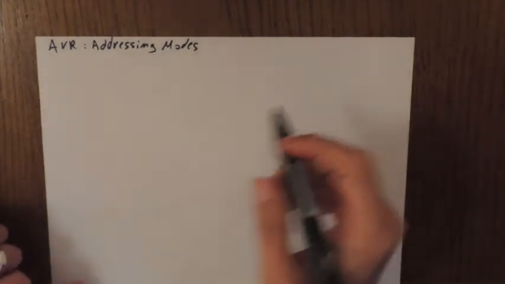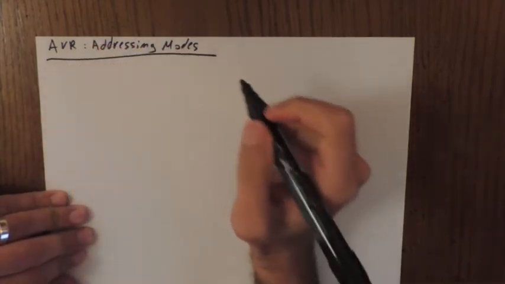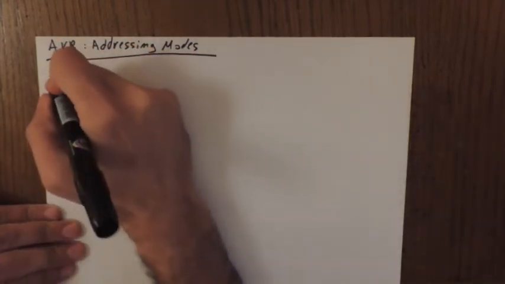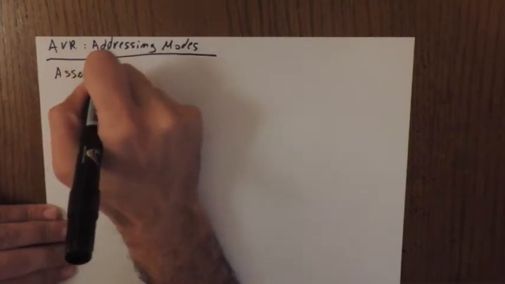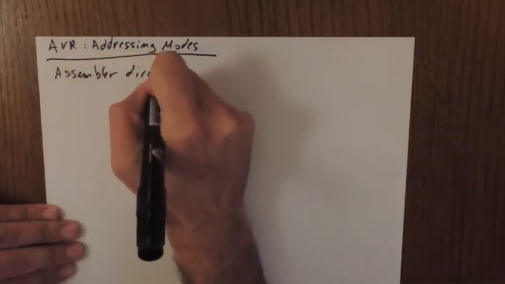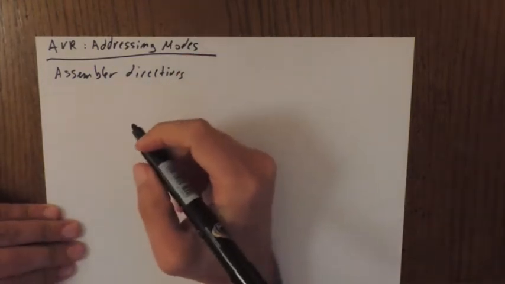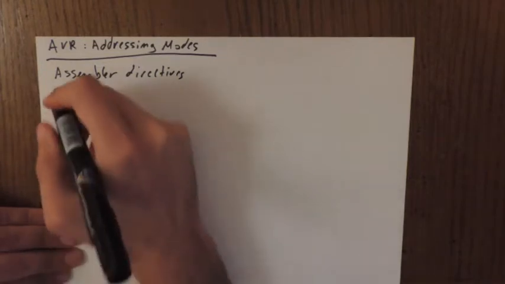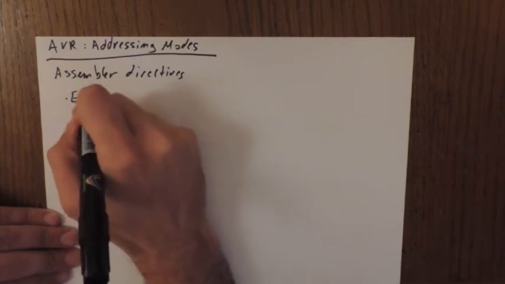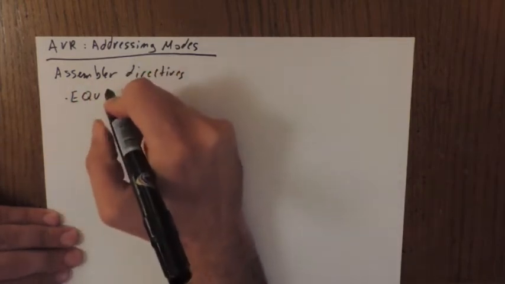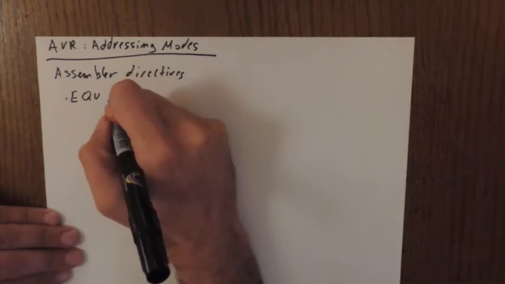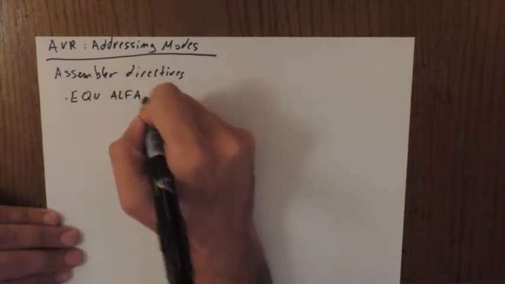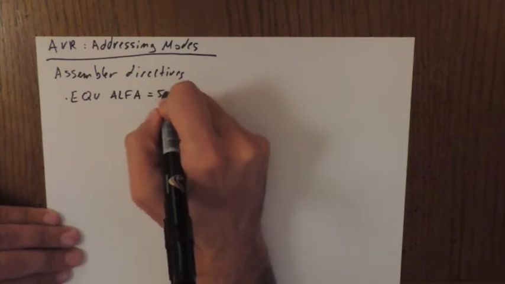In this lecture we're gonna discuss AVR addressing modes and some directives. So first we're gonna start with some assembler directives. These directives help the assembler, or help us, in making the code more readable, and also save some computations. For example, assume you have a variable which we define using .equ alpha = 50 and